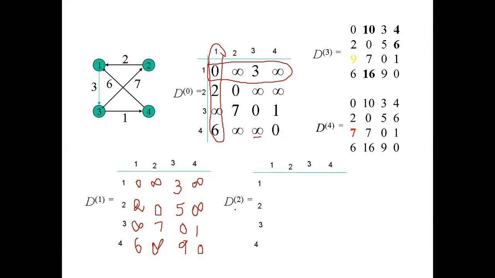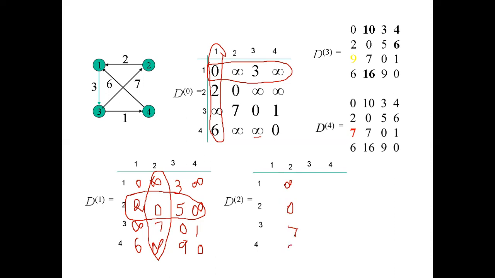Now we are going to find D2. In the case of D2, the matrix is going to consider all the paths without any intermediate vertices, with vertex number 1 as the intermediate vertex, as well as with vertex number 2 as the intermediate vertex. So all the paths are going to be considered here. For finding this one, we have to take the second column and second row of the previous table. The previous table is D1. Those values are going to be taken and written as they are here: infinity, 0,